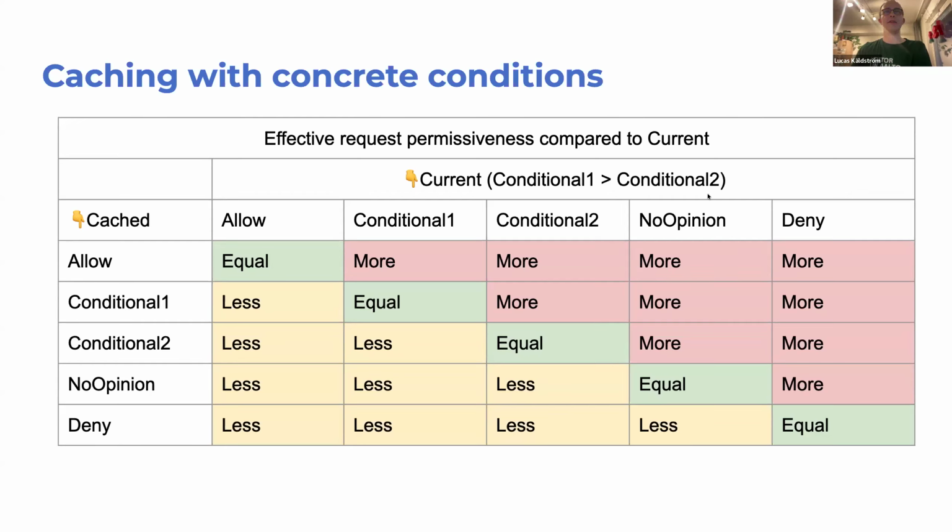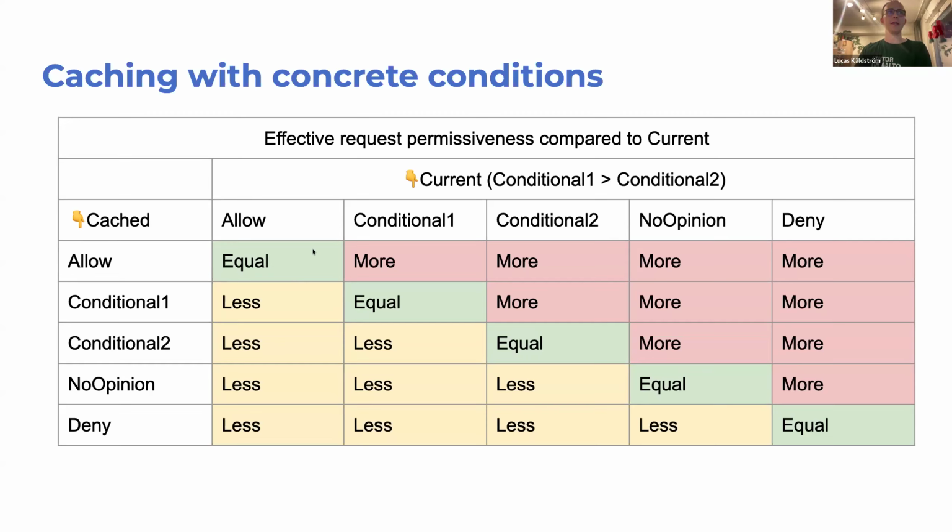And then on this axis, say the caching period is 2 minutes or something like that, since that response got cached, now the most recent policy store version could give you something else. And what would that then give for the same user for the same request? And obviously on the diagonal here, they are the same.